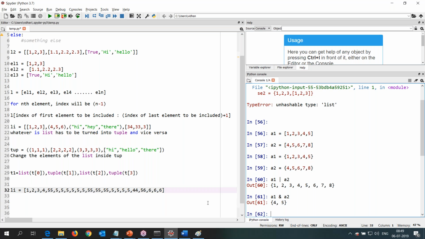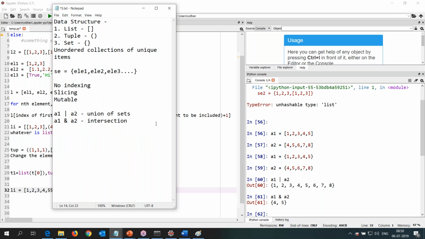It saves you a lot of time while you are coding, while you want to segregate the numbers or perform the operation on a list. If I wanted to do this on a list, it would have taken me a lot of time, loops and all. But here I'm able to do this quite easily because Python supports it. So you have intersection of sets,